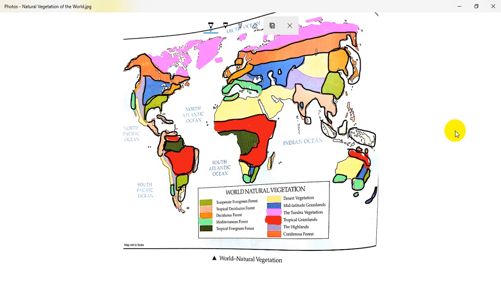Next we will move to the tundra vegetation. Now you can see that the entire northern Alaska and the Greenland zone is where we are having tundra vegetation entirely, because it is totally frozen and there is a short summer season where the meadows grow with the mosses and the lichens. Even in the northern Eurasian part, entirely with northern Russia, we are having this tundra type of vegetation.